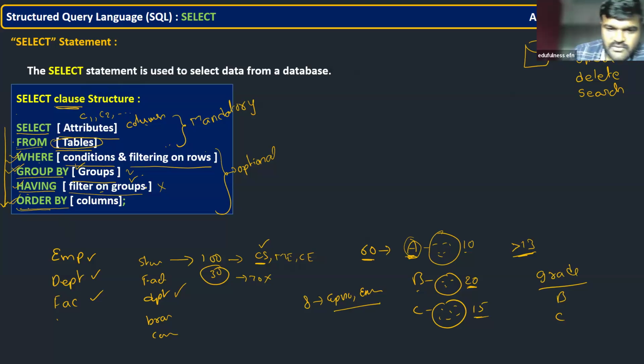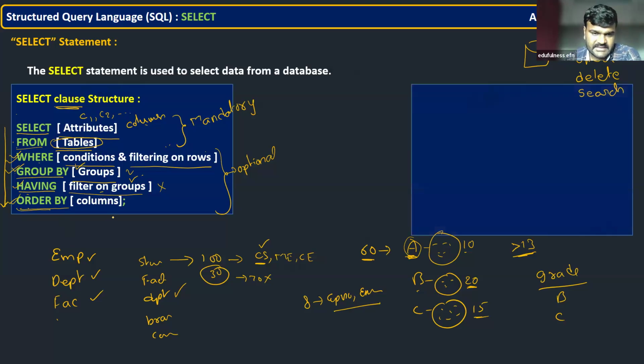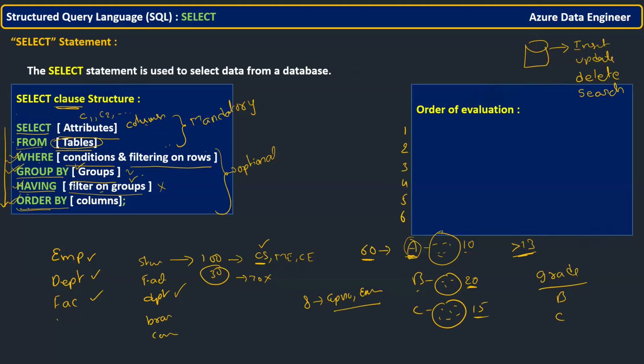Okay. Now, on top of this very high level understanding, you have to tell this part. Based on the meaning of each clause, who is going to execute first? That order you have to tell. First is so-and-so clause, next so-and-so, like that. Total 6 clauses are there. Their order of execution in the compiler, you have to tell. Come on, who is going to execute first out of all these things? You just guess it.